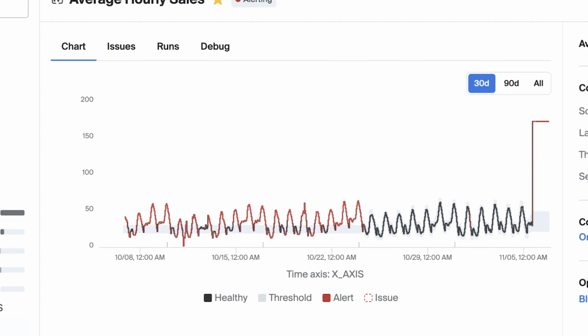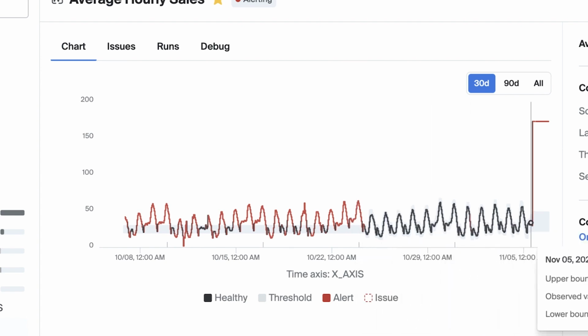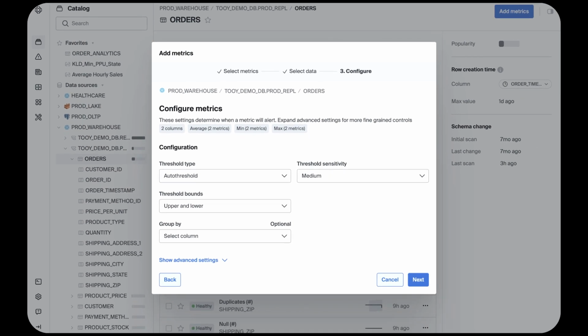Thresholds are represented in light gray color on a metric chart, and they represent the range of values where data points are expected to fall. Thresholds can be implemented for upper or lower bounds or both, but what exactly does that mean? For some kinds of metrics, you need to be alerted if things go too high, like security incidents. For others, you're more concerned about values dropping too low. Think daily sales. For others, it matters if things go outside of a generally steady range, like the value of a commodity.